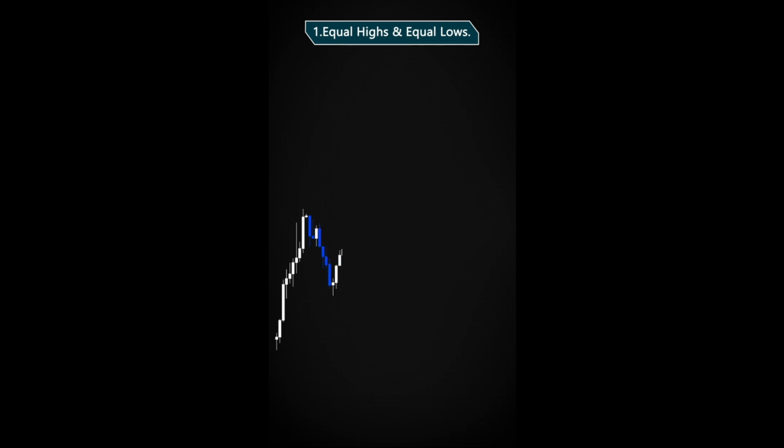On the chart, in an uptrend, you'll notice price pushing higher, then pulling back to form a swing low. Instead of breaking that low, price rises again and later returns to the same level, creating equal lows. These equal lows form because institutions leave resting buy orders below them, and retail traders place sell stops in the same area, expecting a breakdown. This creates a pool of liquidity beneath the lows. Price commonly wicks just below these equal lows to trigger the stops and fill institutional buy orders. Once liquidity is captured, price quickly reverses back upward, continuing the uptrend and showing how smart money uses these levels